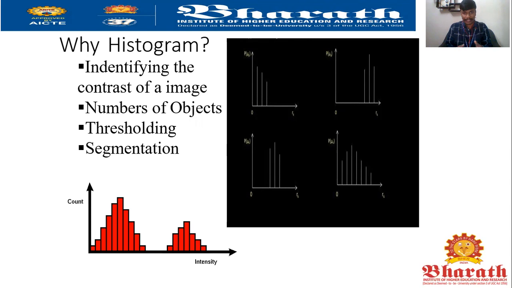So at the same time, multiple processing to produce the output within a short time period is the working principle and methodology of pattern recognition. So histogram is developed and constructed from the application of pattern recognition. And for what purpose is histogram done? It is for identifying the contrast of the image when an image is